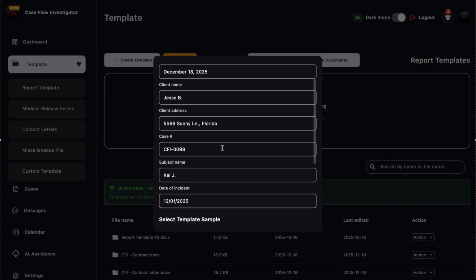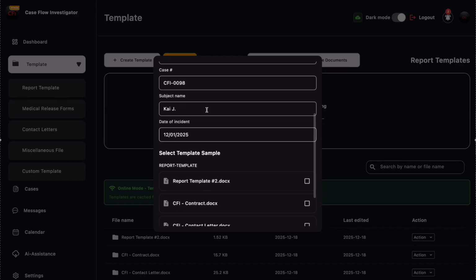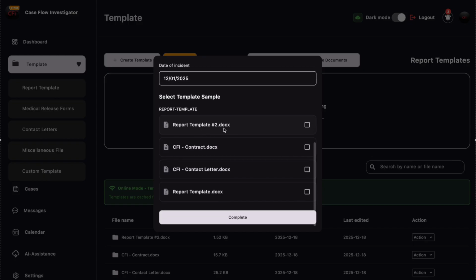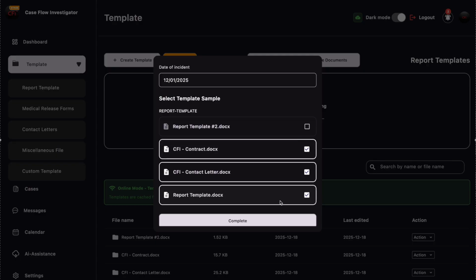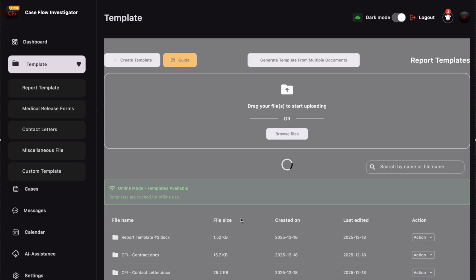Okay, so we've added our case information, and now I'd like to generate a contract, a contact letter, and a report template, all for this case. So I've selected those 3 documents. Going to click complete,